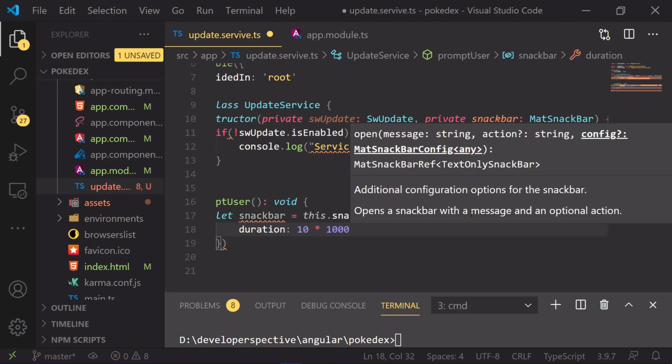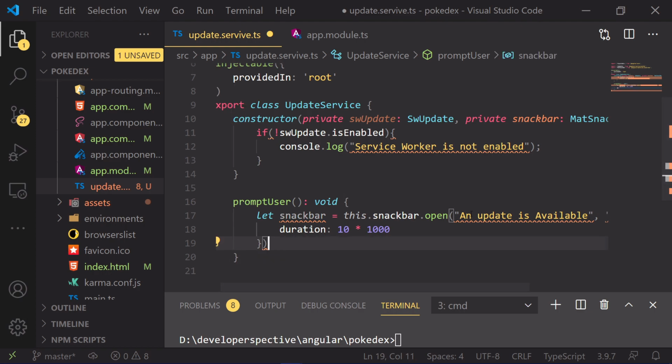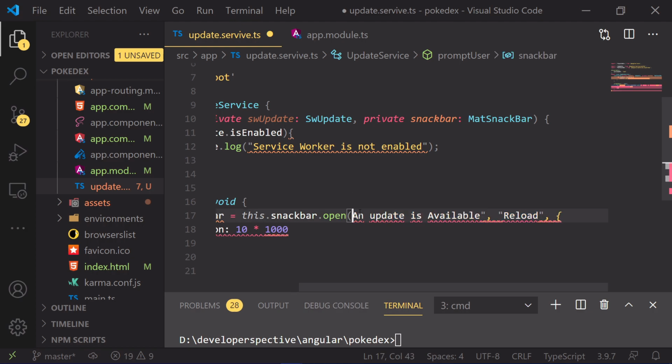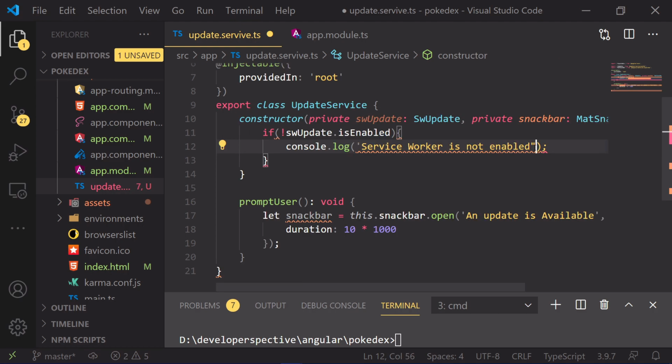So that's it. The snack bar has been created for us. I'll make it a single quote so that this error goes off. Basically, it's better to have the ESLint up to the mark, so always keep that up to the mark.